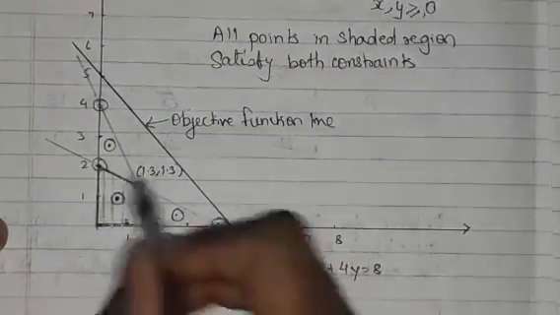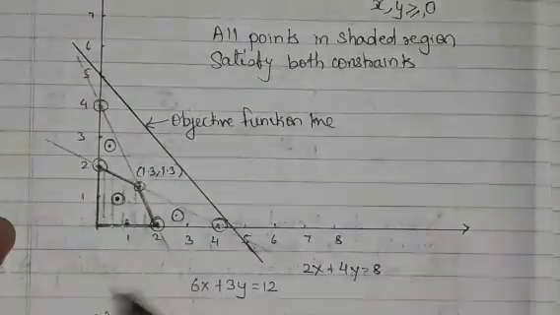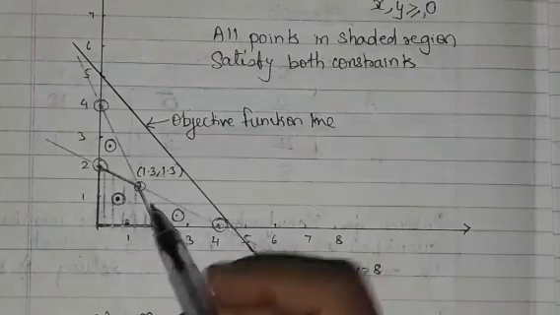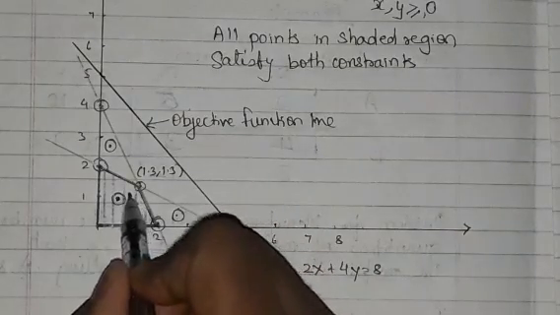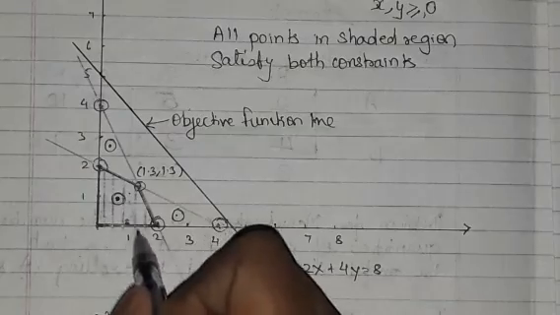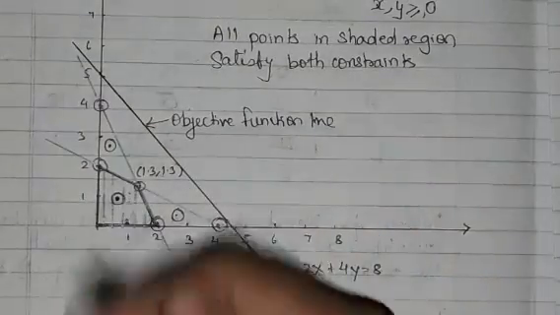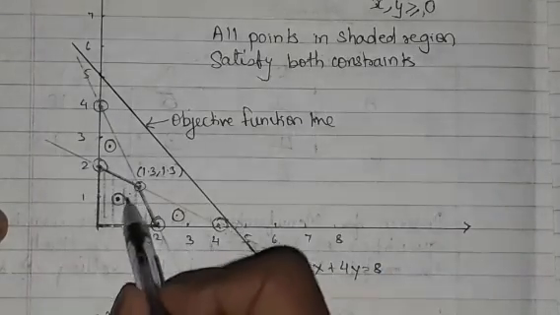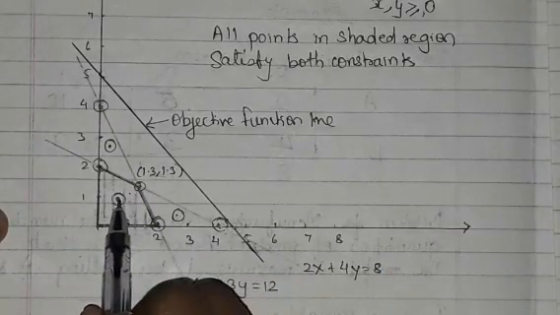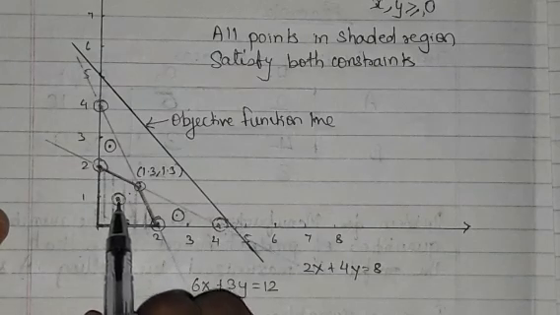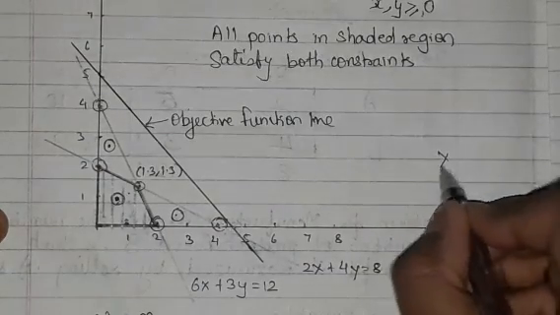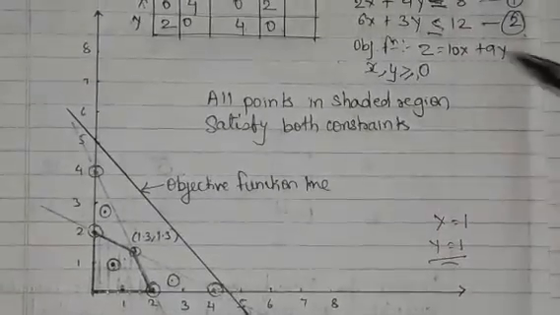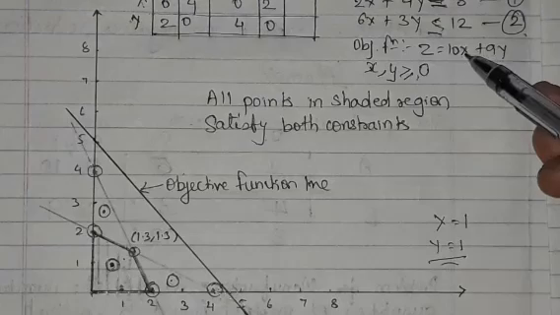Now if we watch carefully, we are going to see how we can solve it graphically. There are many points. What I need to find is a point where I get some value of x and y, because x is my number of A and y is my number of B that I'm going to produce. Suppose I take the point 1, 1, so x equals 1 and y equals 1. Put it in the objective function, which will give me an answer.